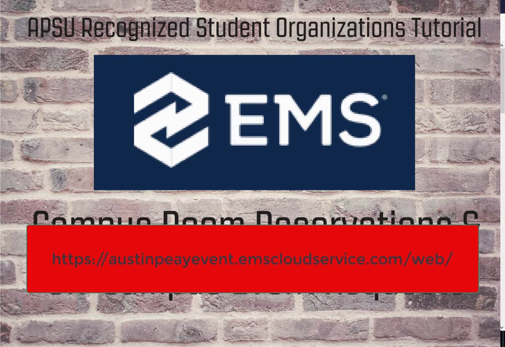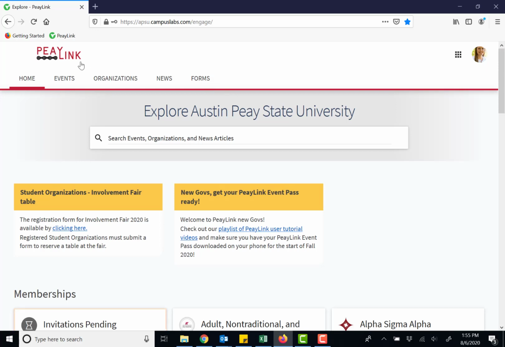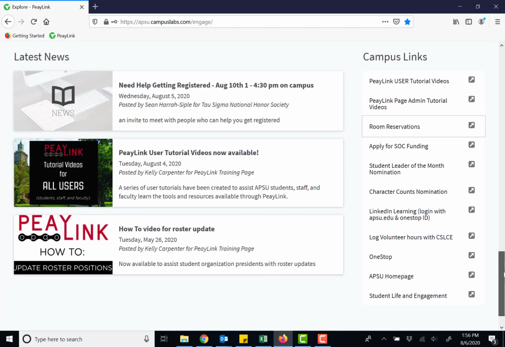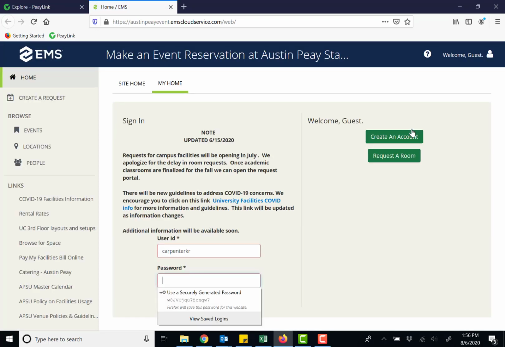But I also want to show you where there's a quick and easy link that you can always find no matter what device you're on, and that's on P-Link. So here we are on P-Link, logged in. We're going to scroll down on the home screen to the campus links section over here on the right. And if you click room reservations, that's going to bring up EMS and the login